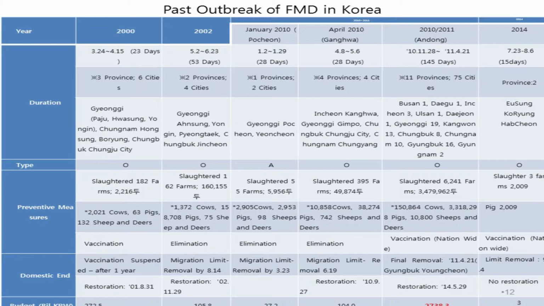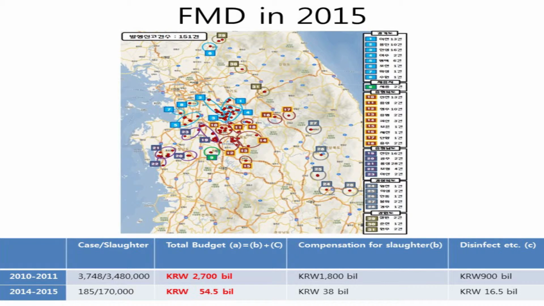All Korean export of meat has been banned, and all the farmers and related businesses suffered a significant amount of loss in terms of economic value. So I don't want to go into details about this. So as a result, the Korean government made several. Okay, let me highlight where it has been. It has been centered around the Seoul and Gyeonggi province areas. And the total budget the Korean government spent this year is about 3 trillion won. So it's a significant amount of budget we have to